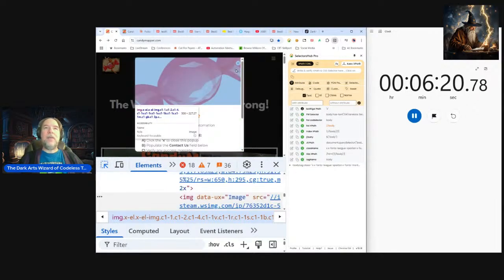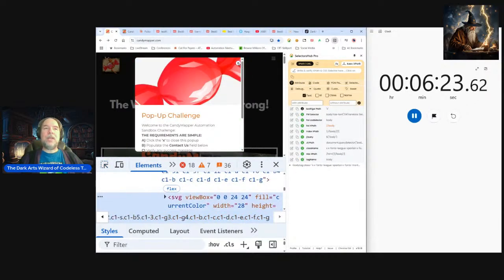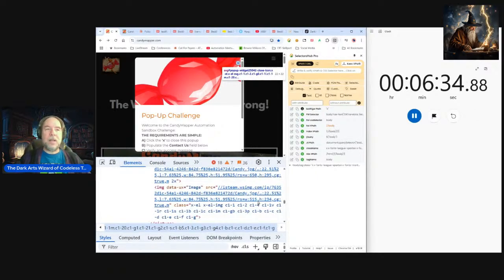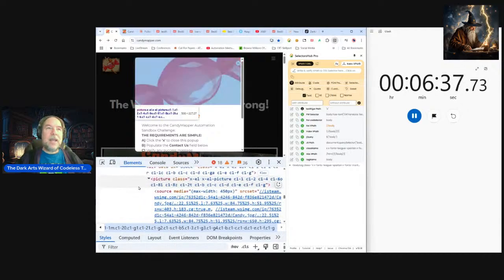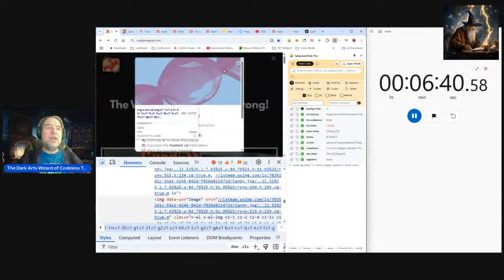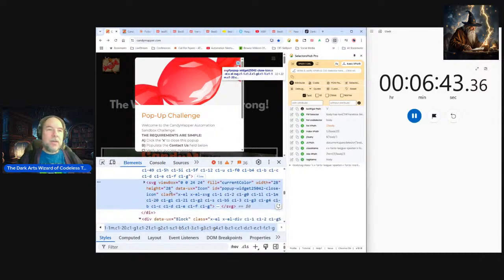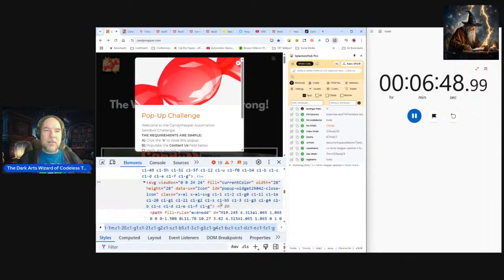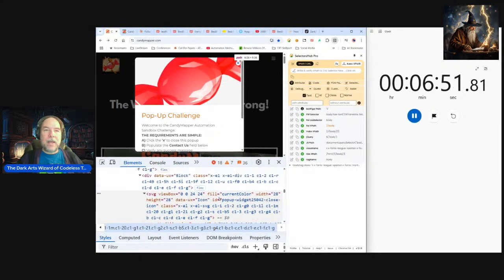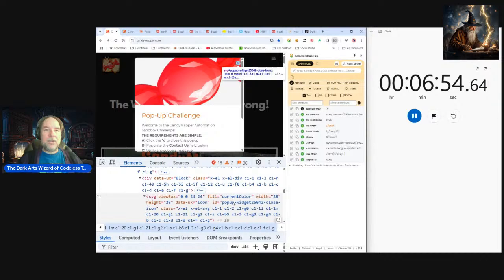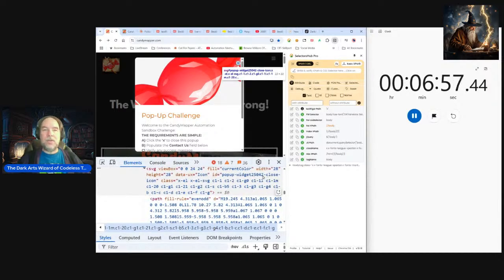I want to go and find out exactly what description is in this X over here. So TestRigger said you should have clicked X, not close. Well, all right, fine. What else does this say in here? I'm going to zoom a little bit out. Is there anything else in this element that I want to take a look at? Let's go take a peek at this. All right. And it says this is an icon. It's an X icon. And what do we have in here? A path. We have a little bit of that. All right. Color icon 28 pop-up widget. Close. Oh, you know what? Close icon. I bet close icon would do this.